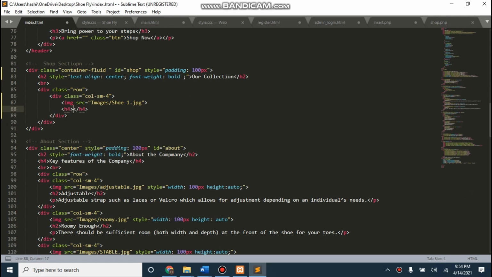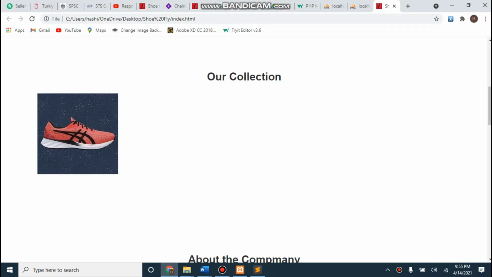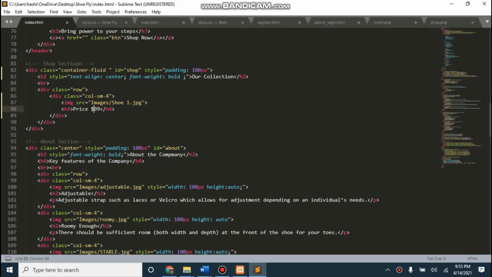h4, price, and I want to make this like $99. I'm saving this. So you see here it's looking good, but I have to add some properties here so that it will look better. I will be adding